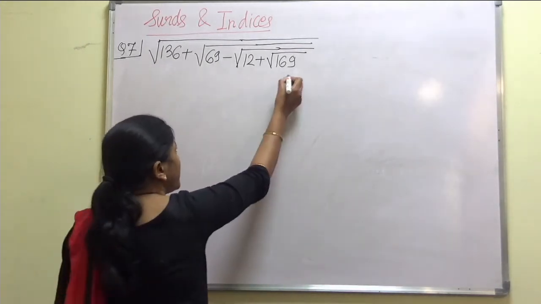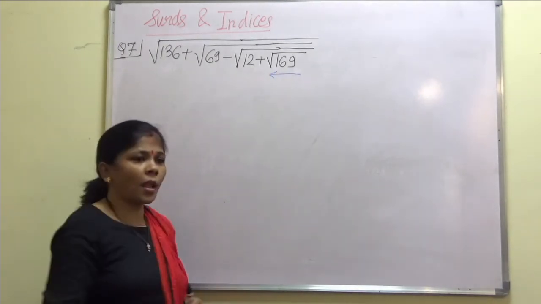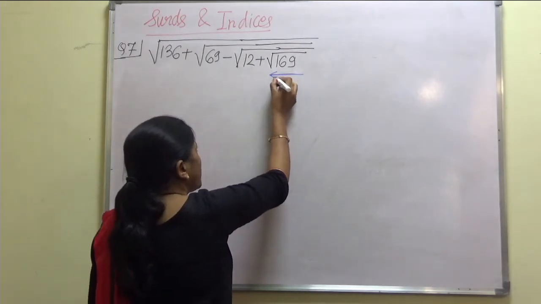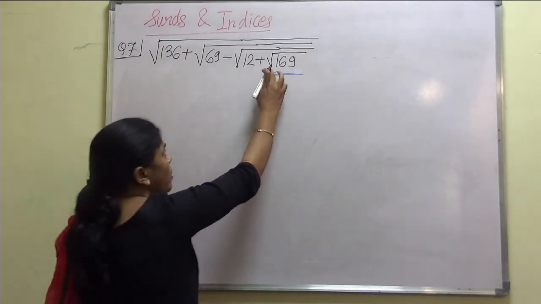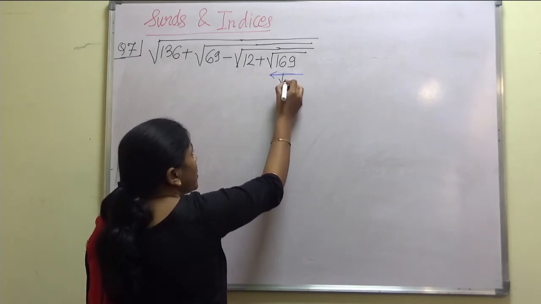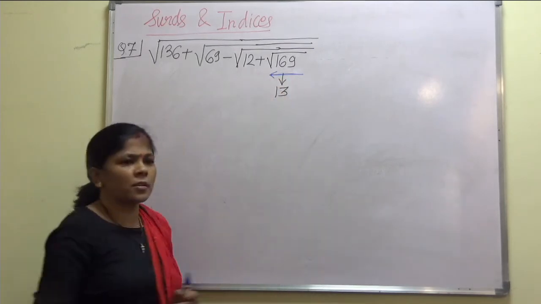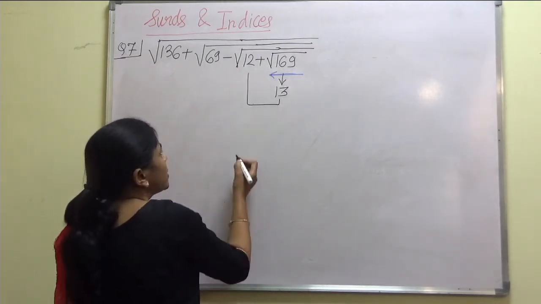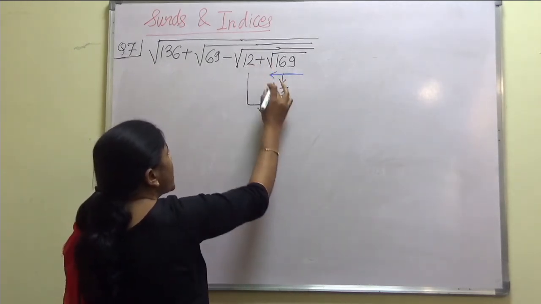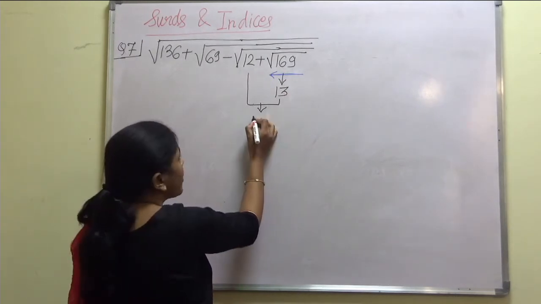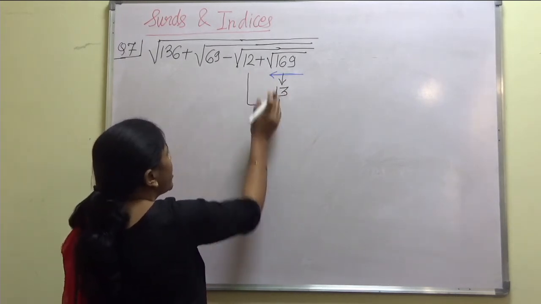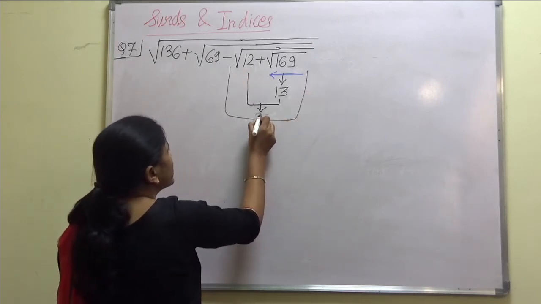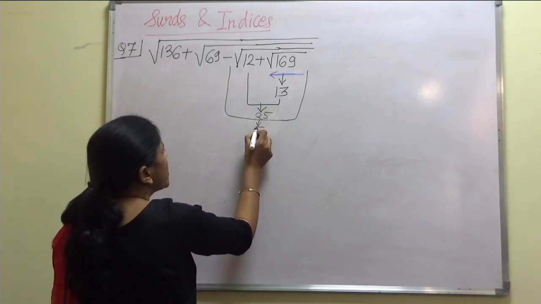So in this case, we will start from the right hand side. Okay, we will start from the right hand side. So take numbers one by one. So under root of 169, that is nothing but what? It is the square of 13. So we have 13. Now then add this. What we get? We get resultant 12 plus 13 is 25, right? And under root of 25 is nothing but 5, right? So this gives 5.